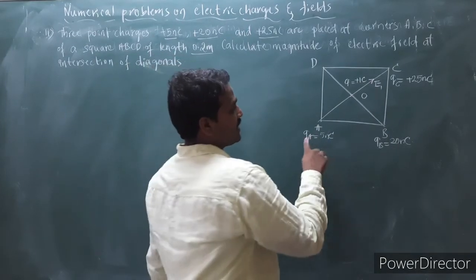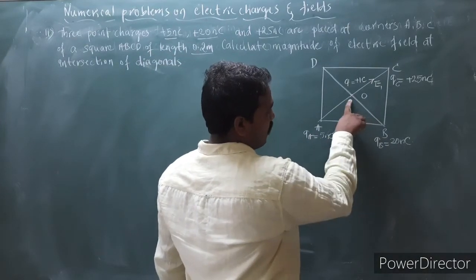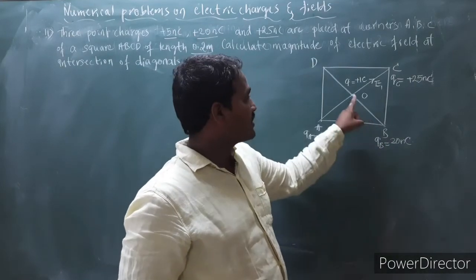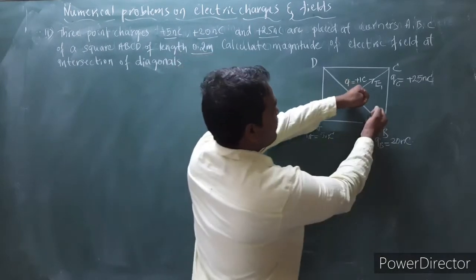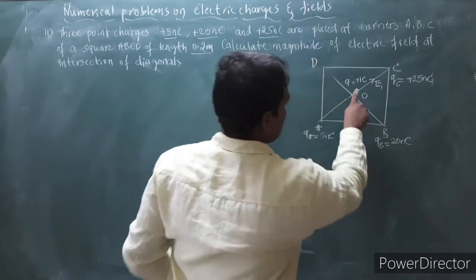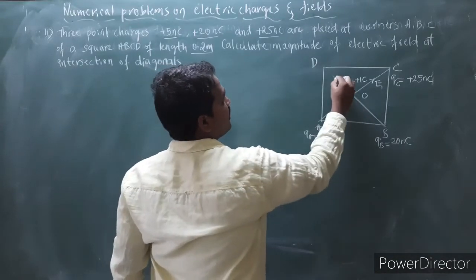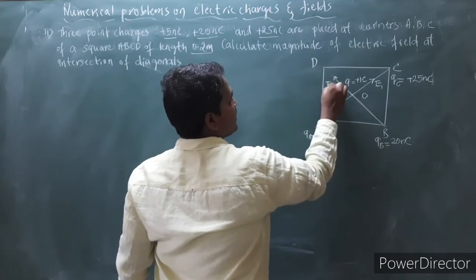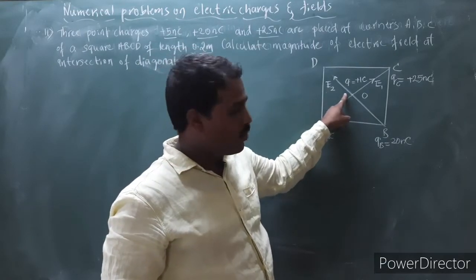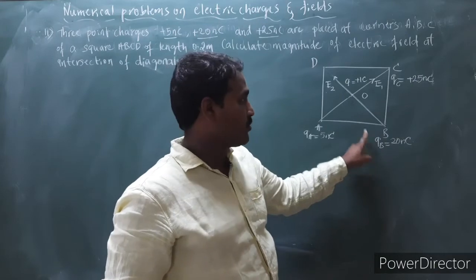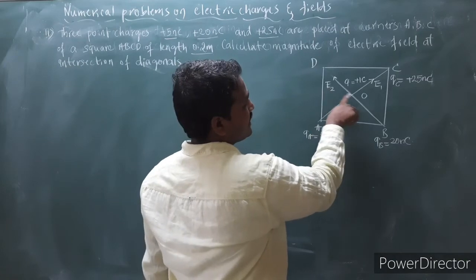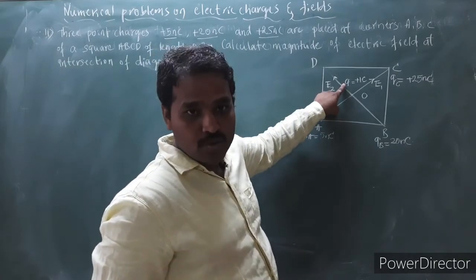Similarly, consider the electric field at O because of charge B here. You can observe charge B is also positive. Test charge is always positive here. So there will be a repulsive force like this. The test charge moves away from the source charge. Both are positive charges, so the test charge Q will move along the line OD. So this is the direction of electric field E2. E2 is the electric field at point O because of source charge QB here. Both are like charges, there will be a repulsive force. And the direction of electric field E2 is the direction in which the test charge moves because of the source charge.